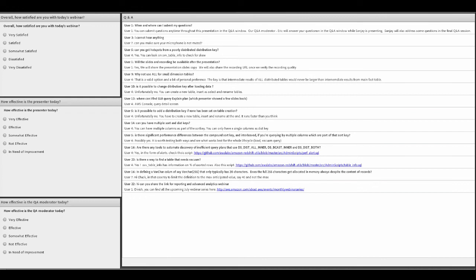I'm going to go through some more questions here. So I've got a question here. Can you talk about the parameters for choosing the size, the number of nodes in the cluster? That's a good question. So the number of nodes in a cluster is actually going to depend on the growth that you're going to experience. So if you're growing by 1 to 2 terabytes per month, then you may want to use the 8XL